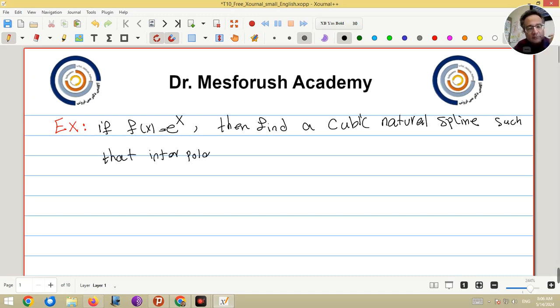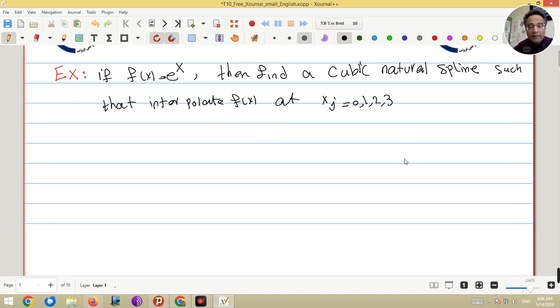interpolates f of x at xj equal to 0, 1, 2, and 3. In fact, x0 should be 0, x1 should be 1, x2 should be 2, and x3 should be 3. Okay? Now, if we want to